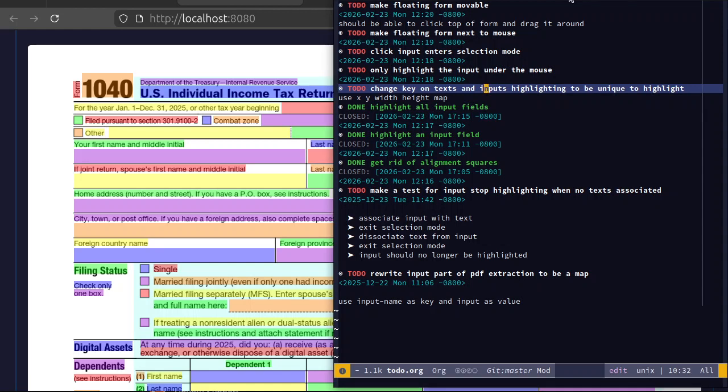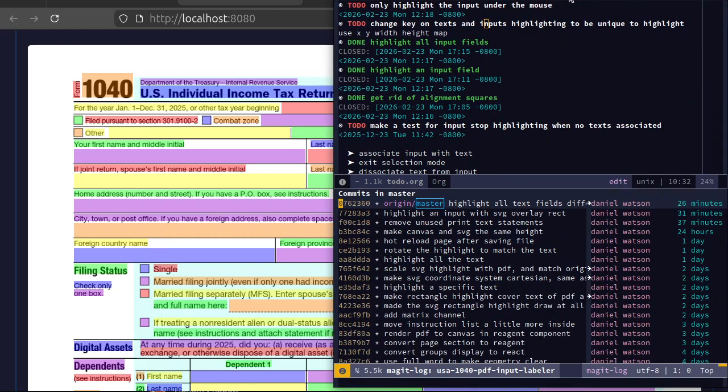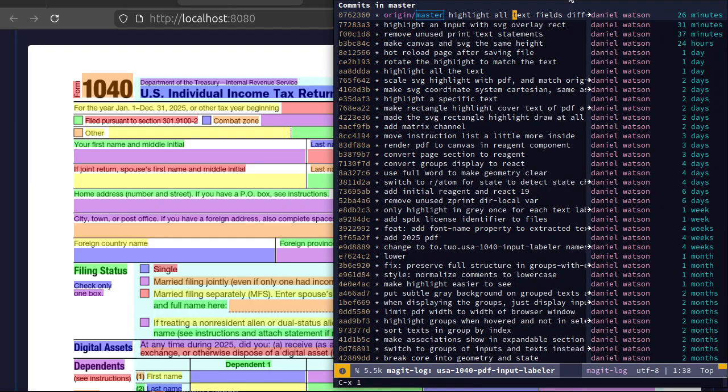The commit message that I just made was actually not very good. Let me go fix that. So here I'm saying, let's see, highlight all text fields, but I meant to say input fields. So I'm going to fix that